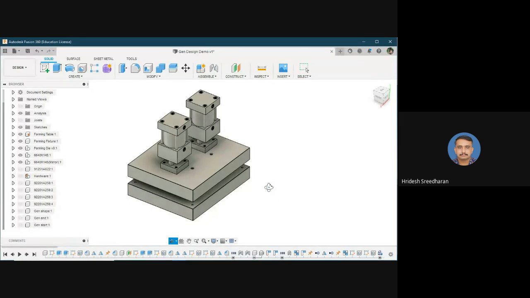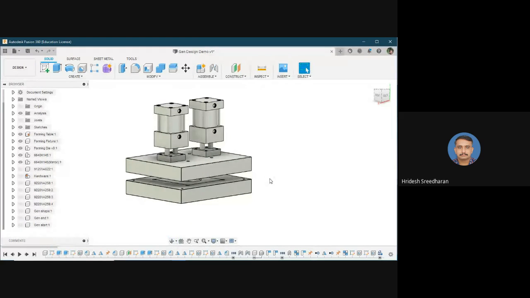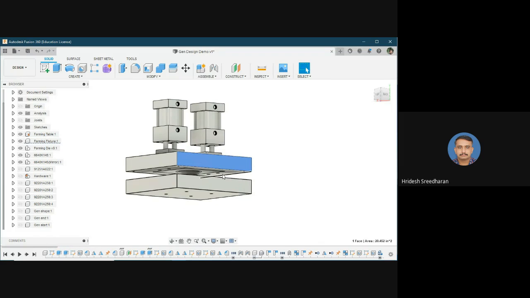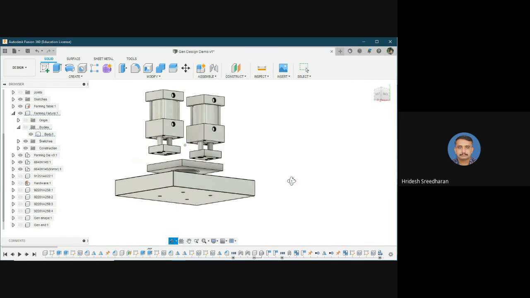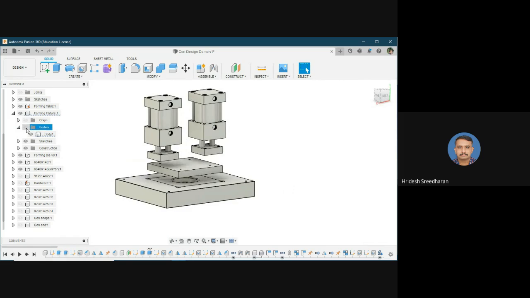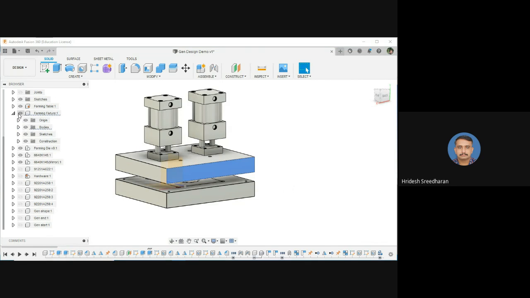So we have a die, a forming die, which has got a top half and a bottom half, and this top forming fixture, and this is forming table. So this forming fixture has the top portion of the die within it. So if you just hide its visibility, you can see it. See, this is the top portion of the forming die, and it is aligned within the forming fixture.